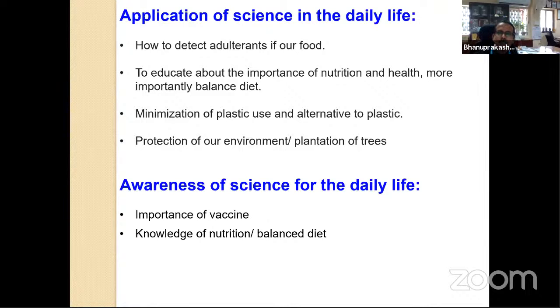The other part is awareness of science for daily life. You can ask what is the difference between application and awareness. Once you are aware, you know what to act on and what not to. The best example is currently the COVID vaccine. Even the most educated people are concerned about it: should I take it or not? I believe that even in Telangana, a good number of frontline people who are registered have not turned out for vaccination because they think something is going to happen. So that again comes back to how much you are educated, how much you learned about it, and how much time you spent to educate yourself.